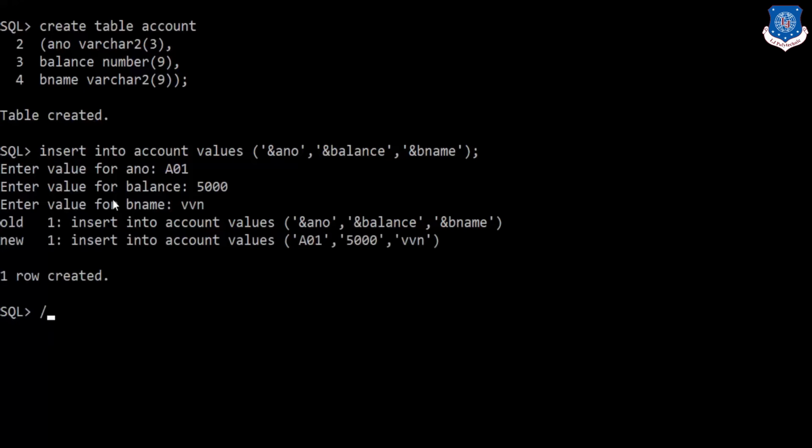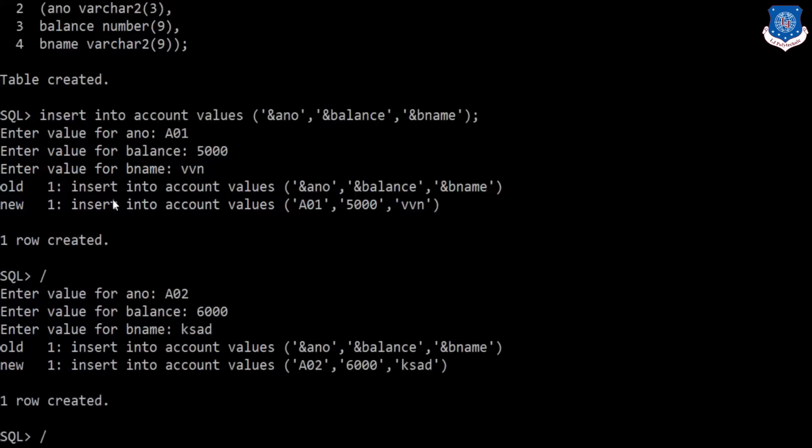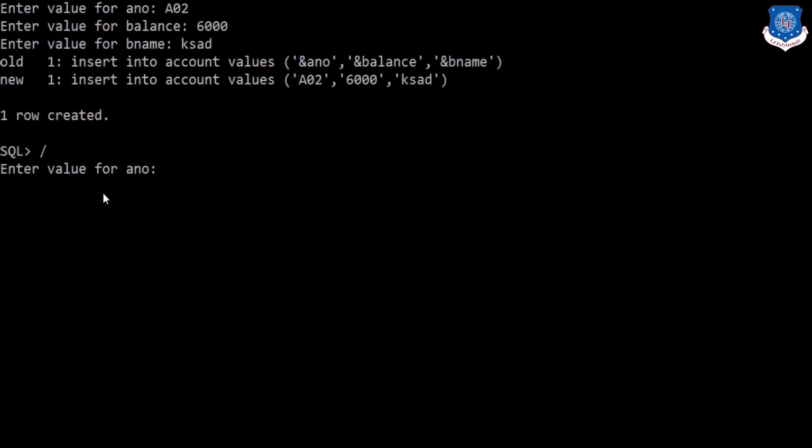Let's insert second record A02, balance is 6000, branch is Karamsad. Let's insert next record which is A03, balance for this account is 7000 and branch is Anand.